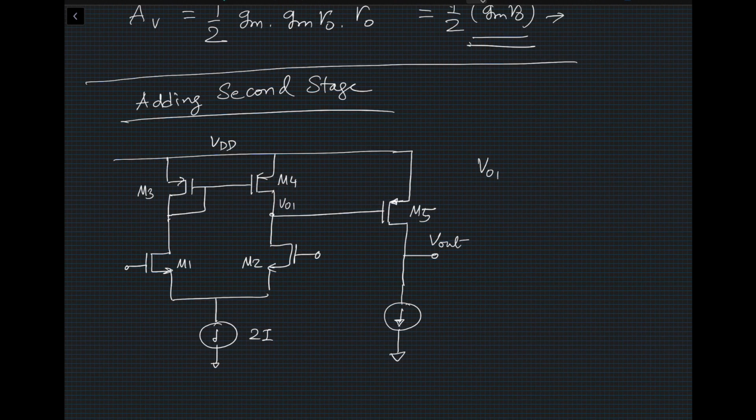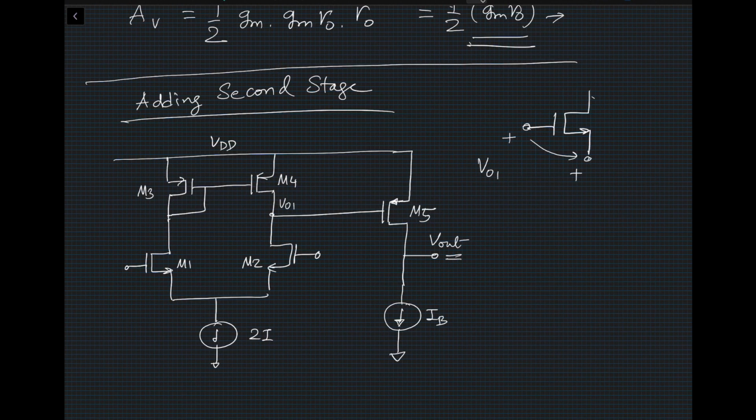Many people forget that, and I would like you to learn it and use this trick. How do you figure out which one is a positive input or a negative input in an amplifier? Let's say I give you this amplifier and this is my output. Whenever you see a transistor, and the input is applied at the gate, then when you go from gate to source, the direction of the signal would be the same.